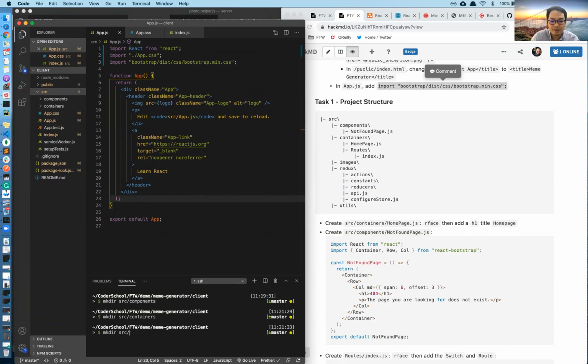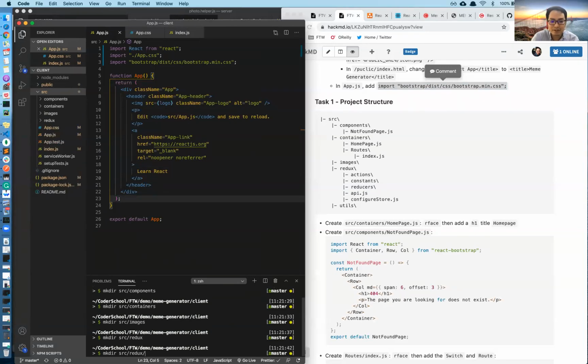Then I can create images. I can create redux. Inside redux, I can create actions. Inside redux, I also can create constants, and then the reducer. Right. Yeah, basically that's it. It's much faster than hovering the mouse and creating things here. You can also create an empty file. For example, I can create